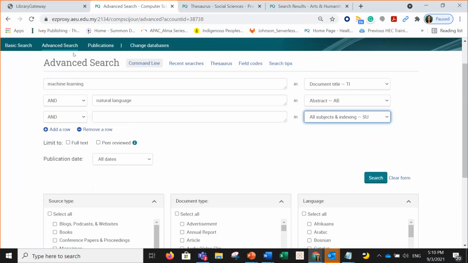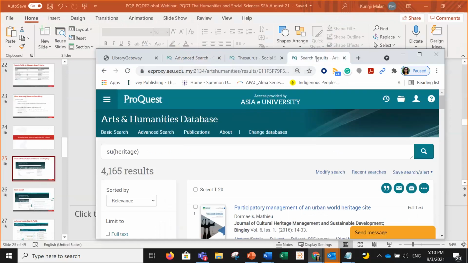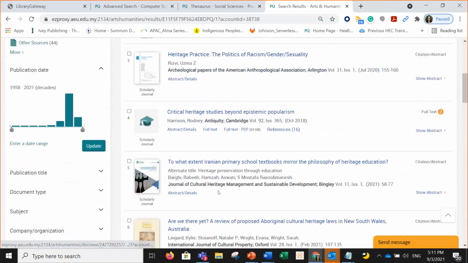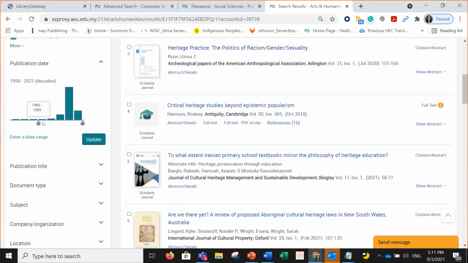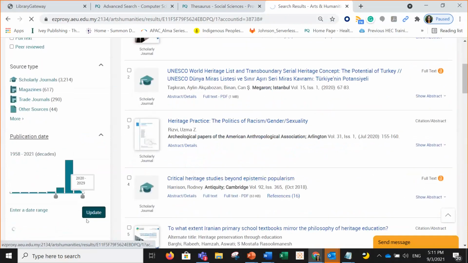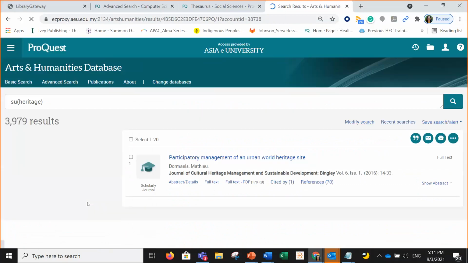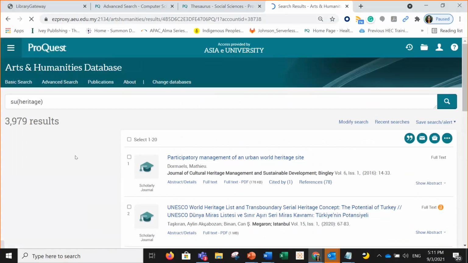So now I'm going to take you back to the, okay, let's keep it to the arts and humanities, any of these databases. When you are at the results set here, let's say you are looking for content only from the last 20 years, because the previous content is not much and also may not be relevant. So you can confine it by publication date. And you can also say, I want to look up only full text. If I want to confine it in such a way,